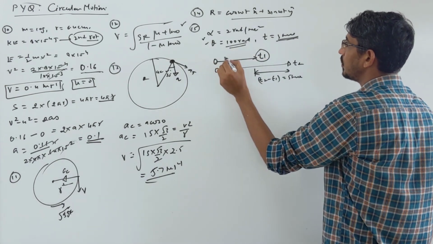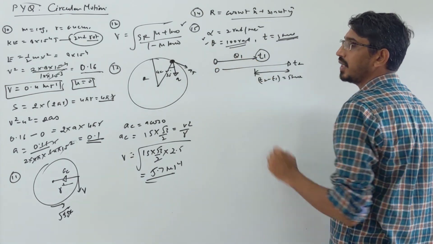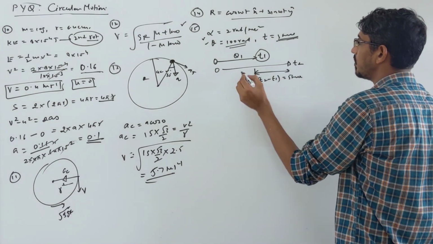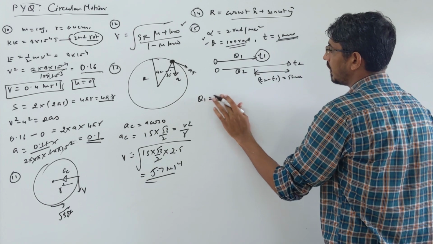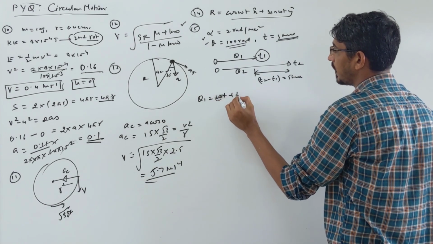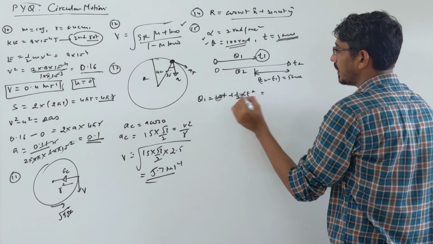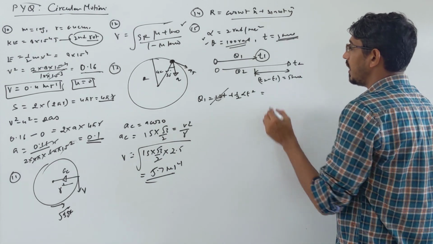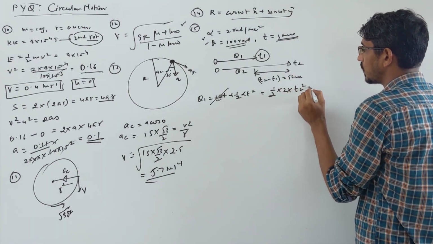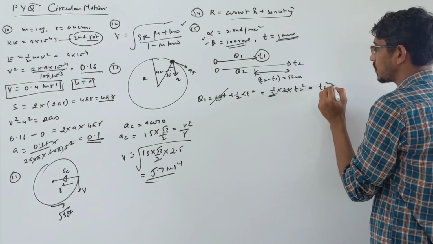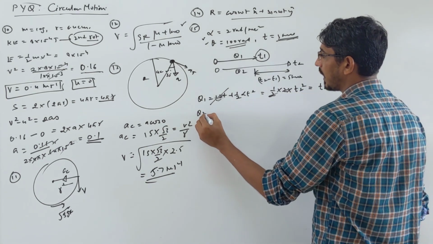Suppose from 0 to t1 you cover angle theta 1, and from 0 to t2 you cover theta 2. Let's write the equation. Theta 1 is equal to omega t plus half alpha t square, the same as ut in angular format. The initial omega is 0, starting from 0. Half alpha is given as 2, with time t1, so this gets cancelled and we get just t1 square. Equation 1. Then theta 2, calculate with the same equation.